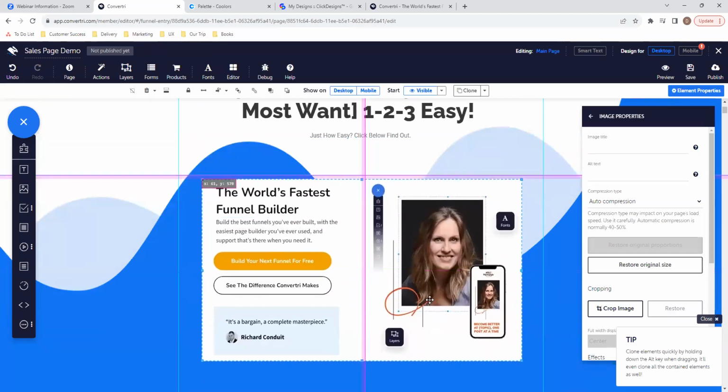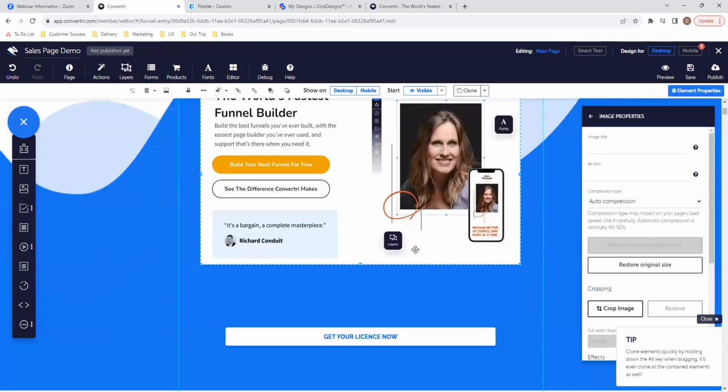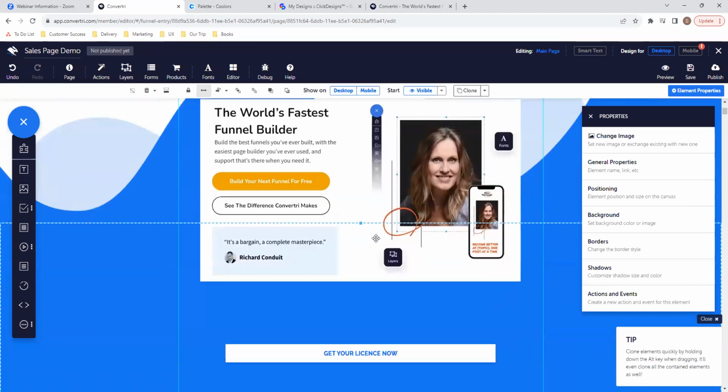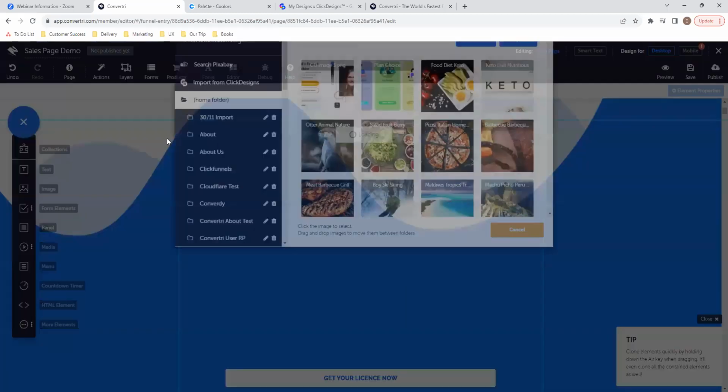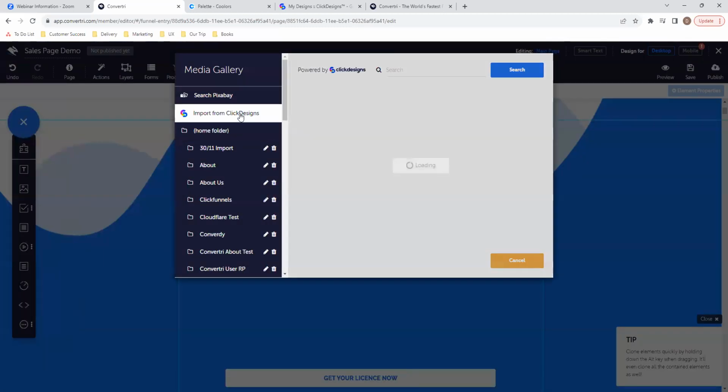You can see it doesn't look terrible on the page here in the middle, but it's kind of missing something. It looks maybe a little bit unprofessional. It's just like an image stuck on the page. If instead we use the one from Click Designs, which has been done for us,